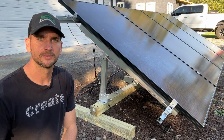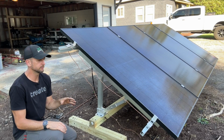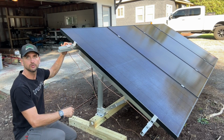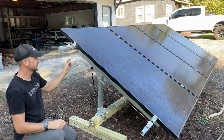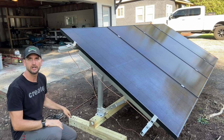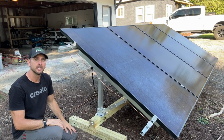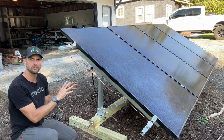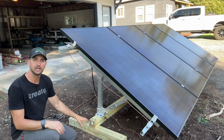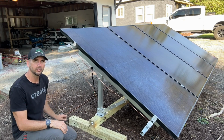So then if you've used all those grounding clips correctly, you just install your 2 grounding lugs that will ground both the bottom and top rail, and then you tie that together into your ground rod that you'll sink into the ground. Now for me, I'm not quite ready to set this in place. I'm going to move it a little bit. I have a lot of different projects I'll be using this ground mount for,